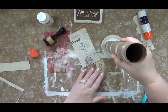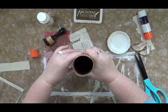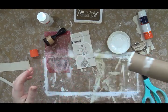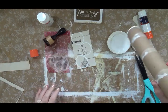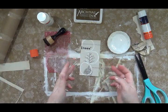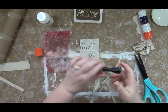Okay. And then I'm going to do that again. I'm going to attempt to do it again without going off the edges or crossing over into the other one. Okay. And you're going to let that dry. I am going to pause you and dry it with my heat tool. Okay, that is dry. I'm going to take my ink